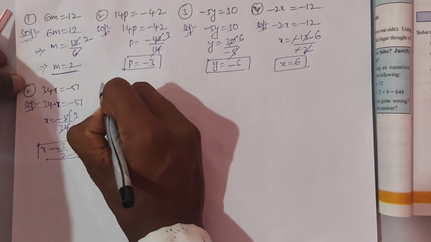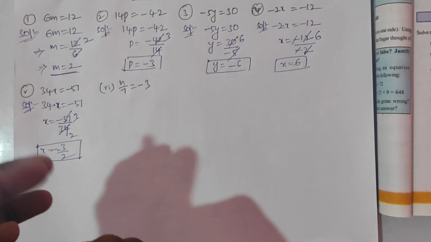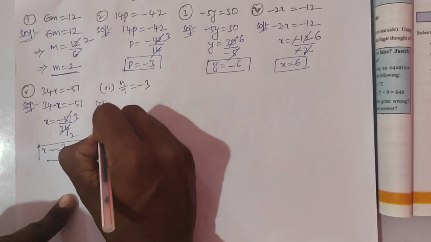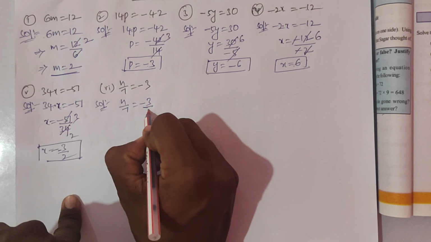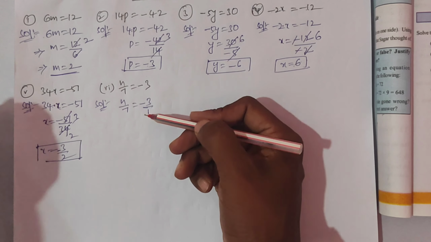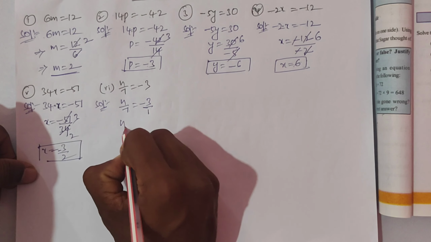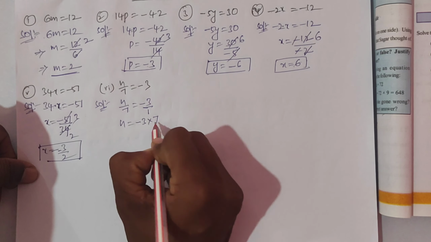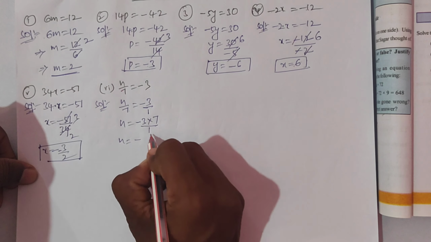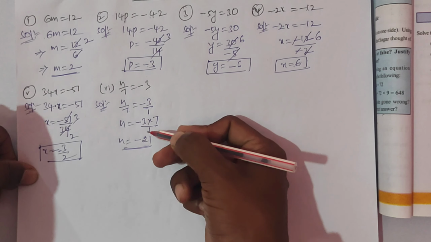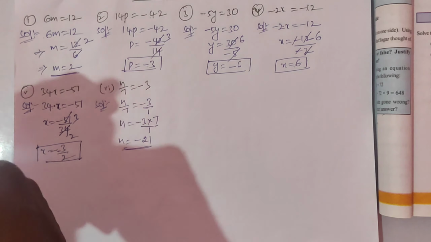Sixth question. Sixth question is what? n by 7 equals to minus 3. So this is given division here. So n by 7 equals to minus 3, but a fraction with denominator 1, so denominator 1 means it won't change the value. Now division becomes multiplication, and I'm doing cross multiplication. Then n equals to minus 3 into 7 by 1. Then n is equals to minus into plus. It becomes minus 3 7s are 21. So denominator 1 means 21, right? So the answer is minus 21.